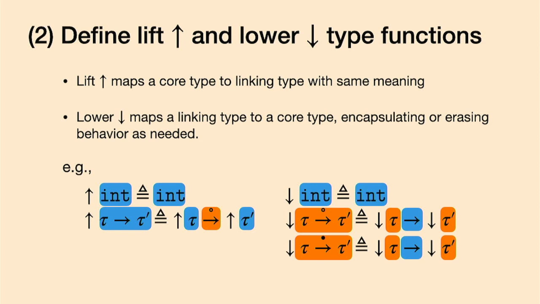This is really practically important because if I have any program that type checked, it better still type check, right? Also, if you can infer types on this, I'd like to be able to keep using that inference and then just lift it up. Lower is more interesting because this is how we're actually going to implement encapsulation. And so this part on the screen should hopefully look a little suspicious because I'm saying, well, we're just going to take this arrow that can throw exceptions and we'll treat it as a pure arrow. We're actually mapping both functions back to our normal function type.